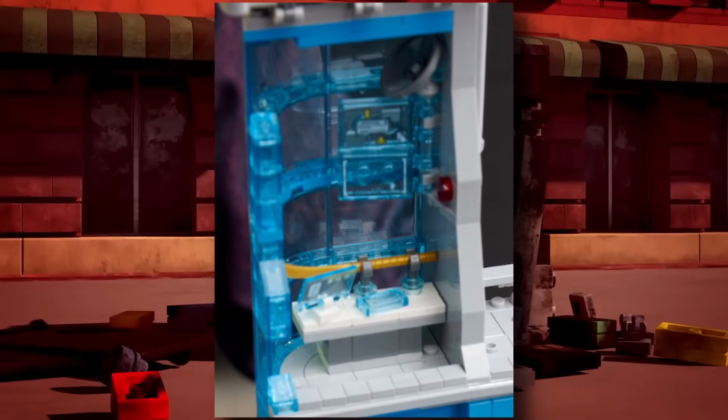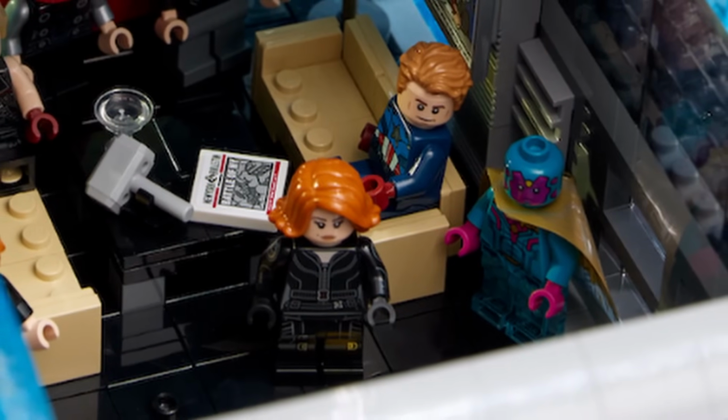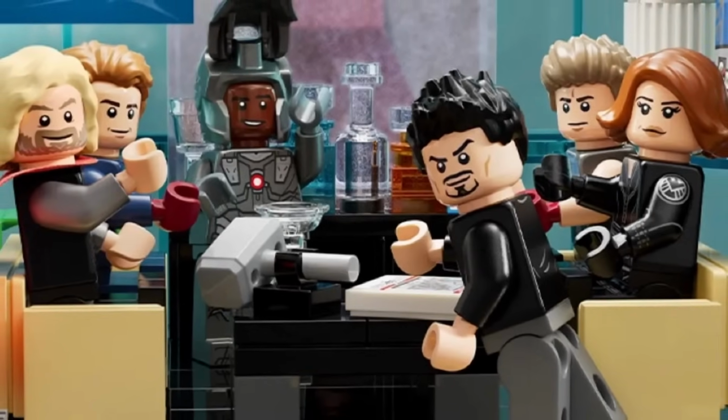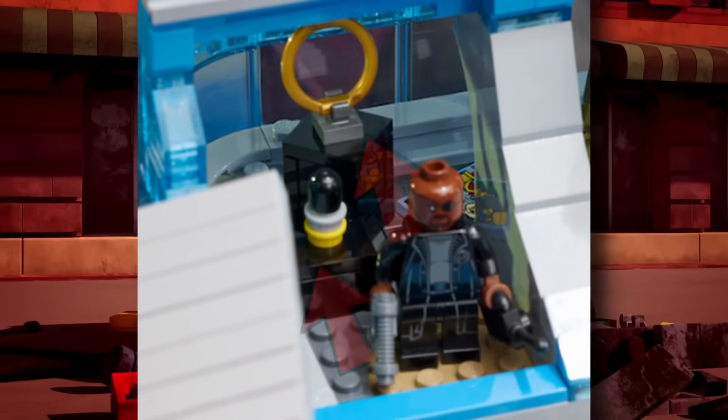Loki's scepter also gets its own little spot near the very top of the tower. There's also a floor that recreates that party scene from Avengers: Age of Ultron, where all our heroes are testing their worthiness as they all take turns to try to lift Thor's hammer. There's a little spot with some of Tony's art collection on display,